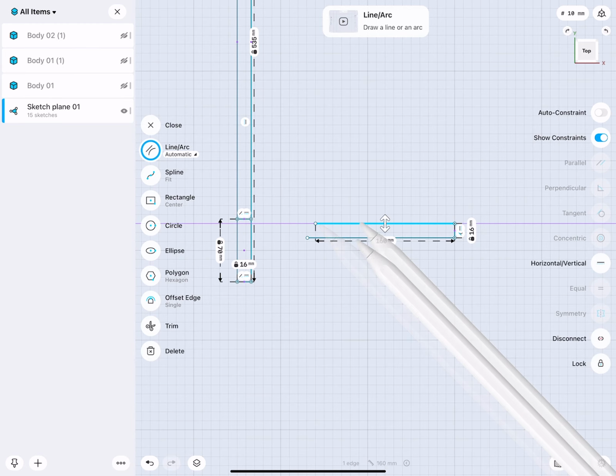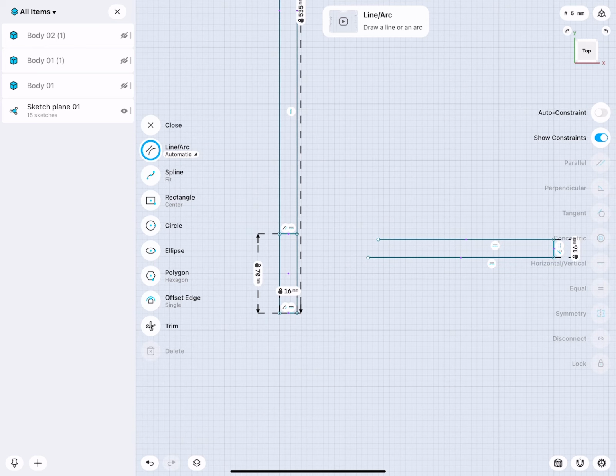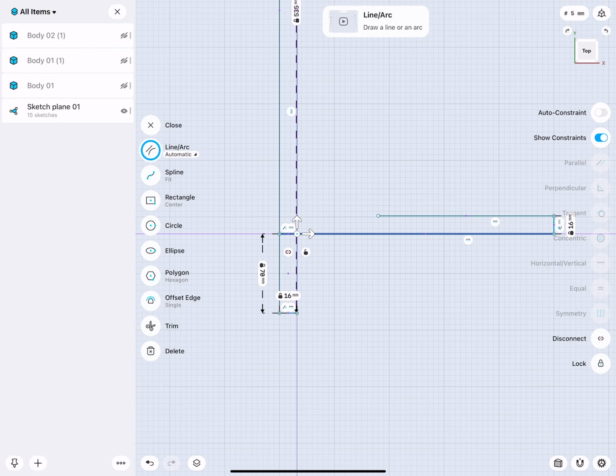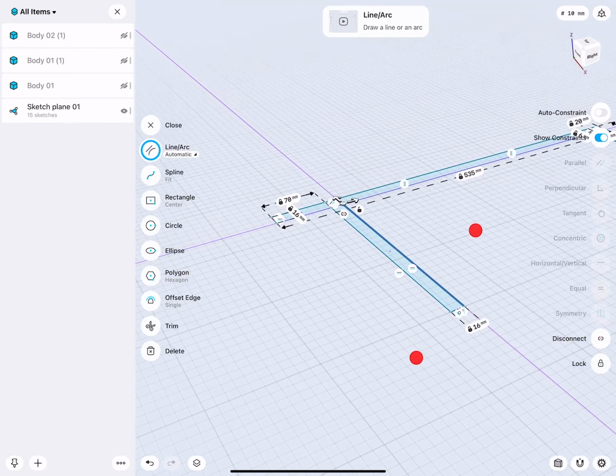Line and line, both horizontal. And this should be kind of like where the toe kick starts, then let's connect it to there. Very good. Okay, nice.